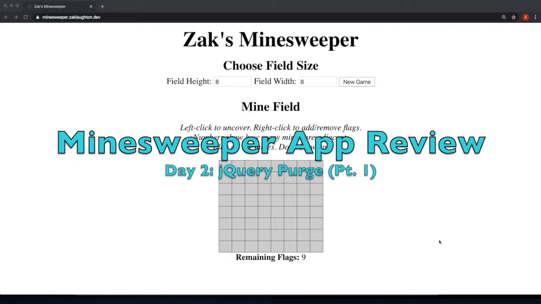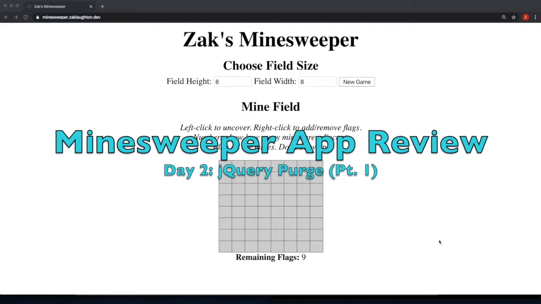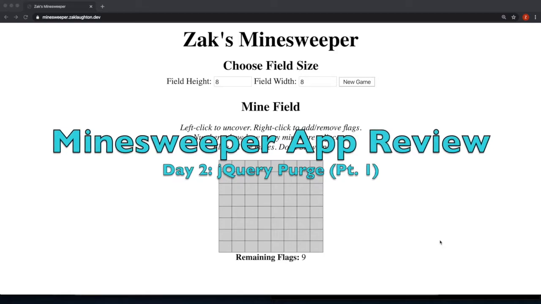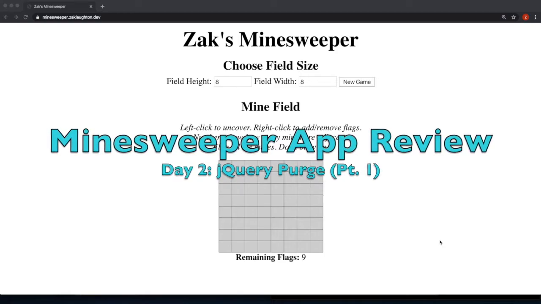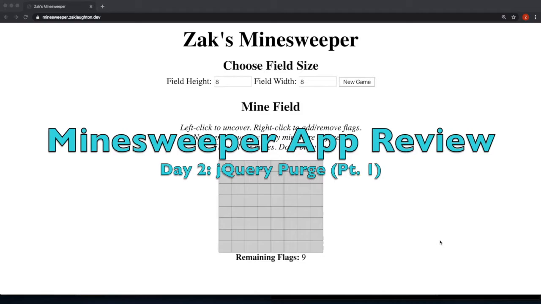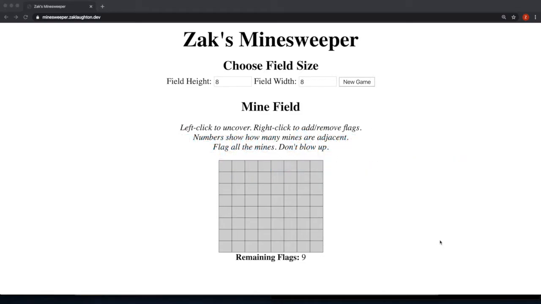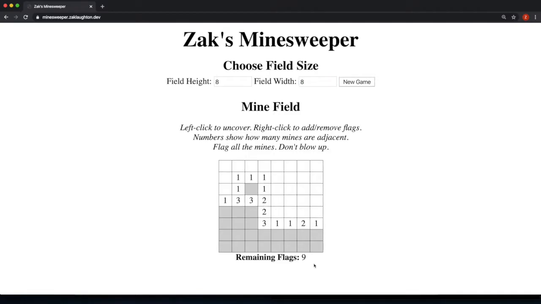Welcome to day 2 of my COVID-19 quarantine code review, where I use my time in social isolation to review and improve one of the apps I built when I was learning to code 2 years ago. We're continuing a review of this Minesweeper app here. It is available at